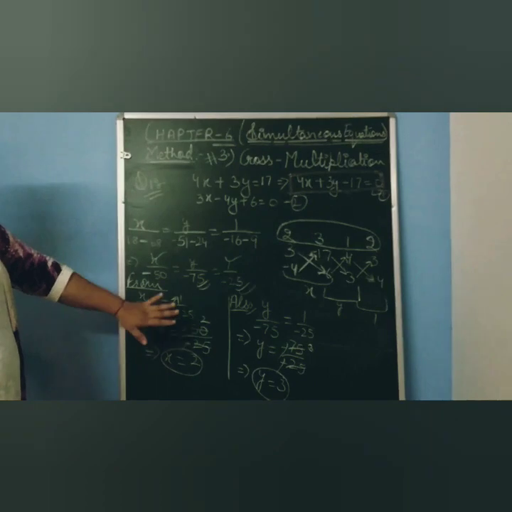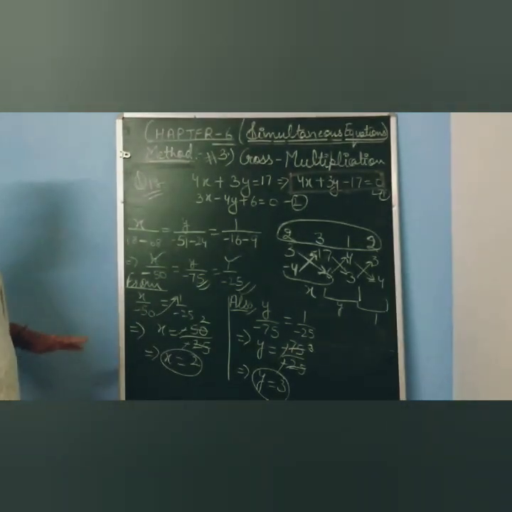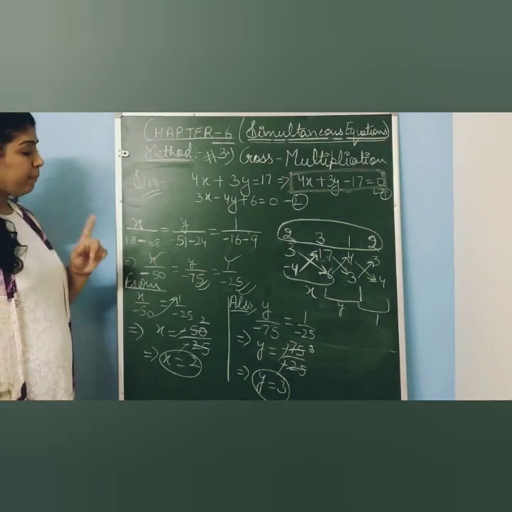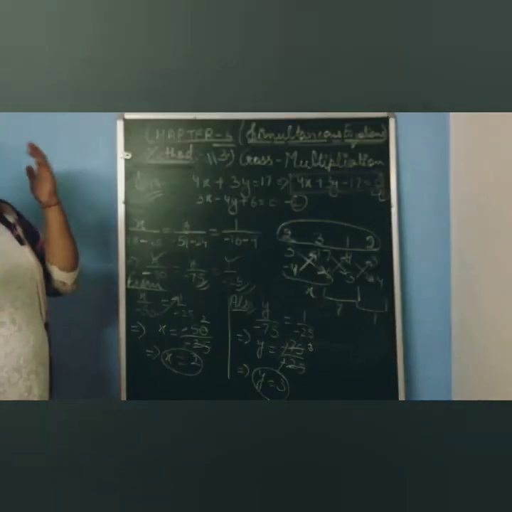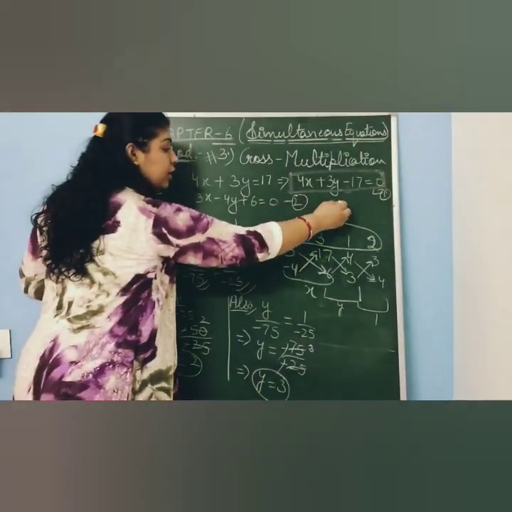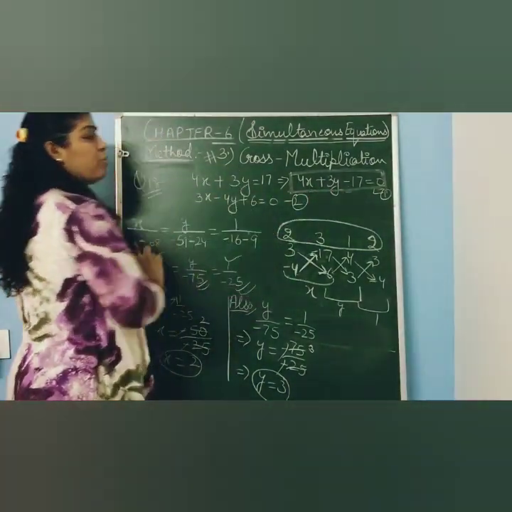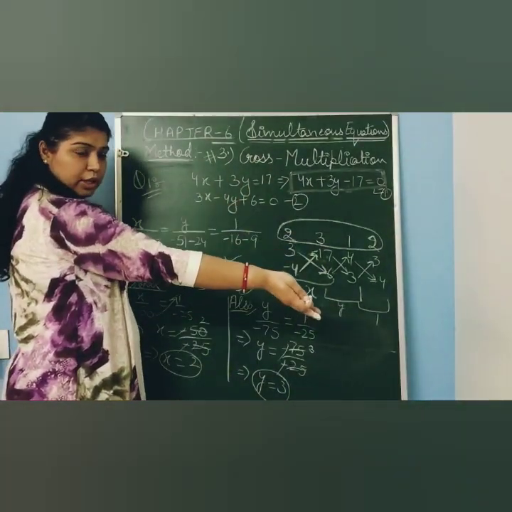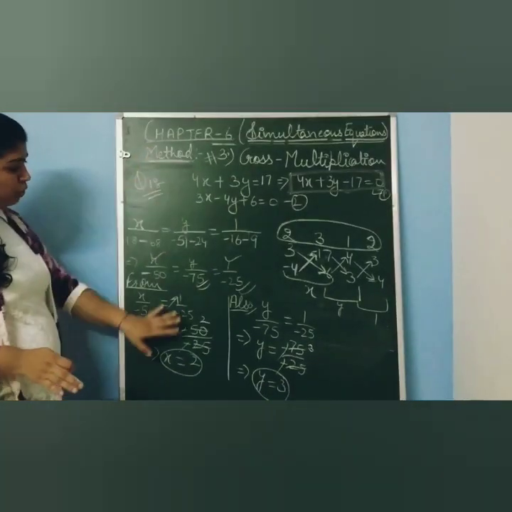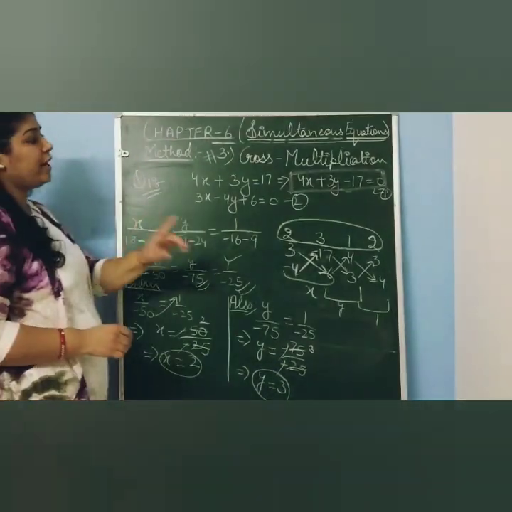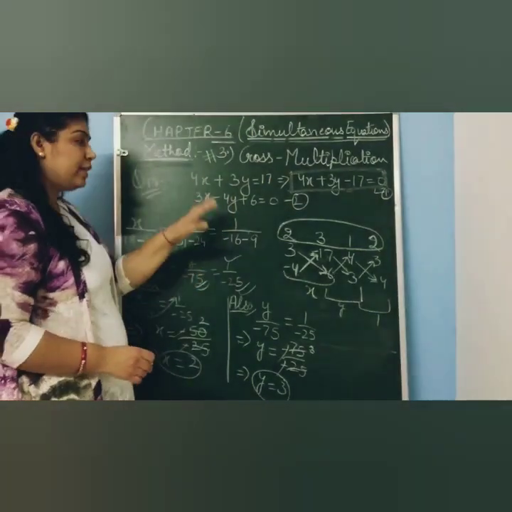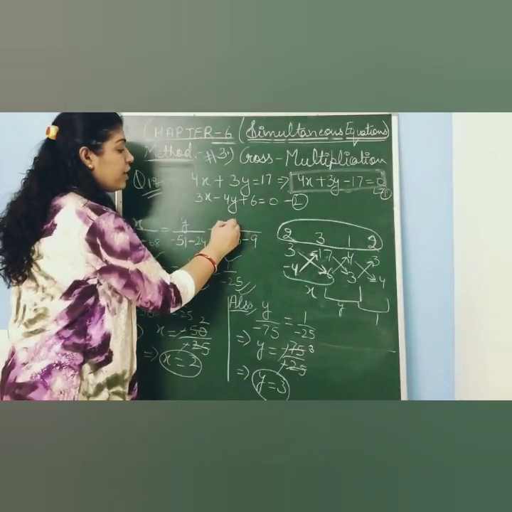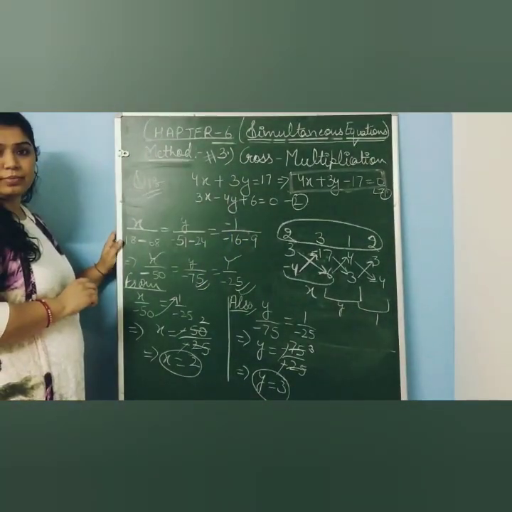This is the method of cross multiplication. It is quite easy as compared to method of equating coefficients or method of substitution. But one thing what you have to keep in your mind, that is the equations should be of the form this. 0 should be there on the right hand side. No constant term should be there. But if you don't want to go with this one, if you want to write the constant on the right hand side, then the method should be same. Only the difference is here instead of 1 we have to write minus 1.